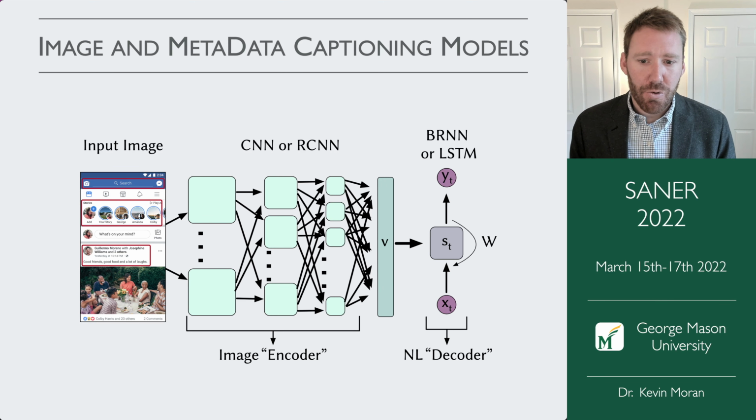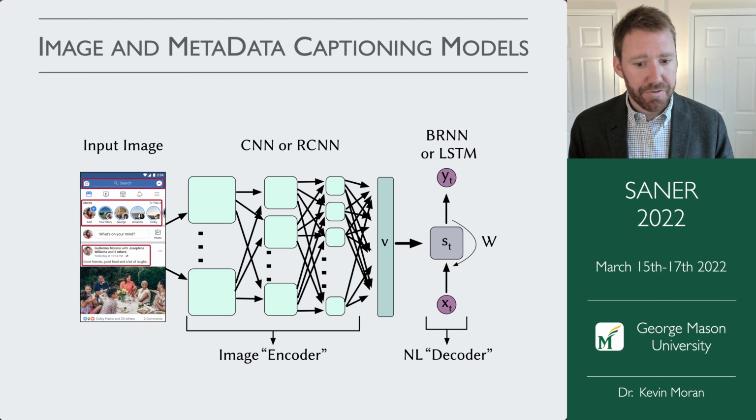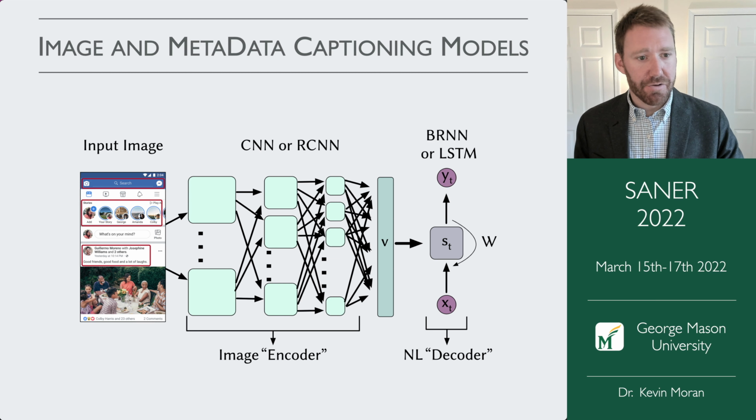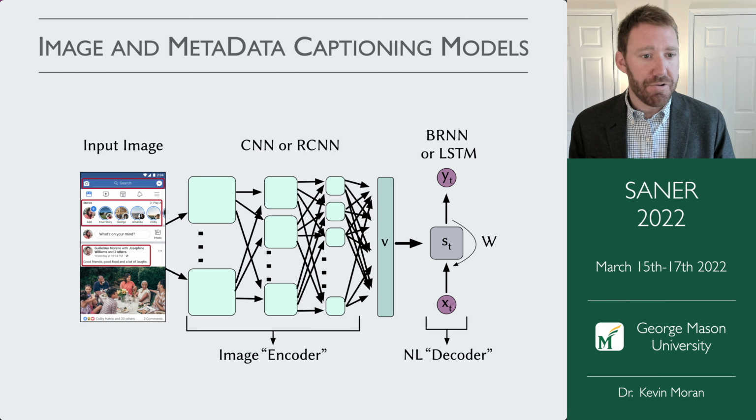So first, we wanted to train image captioning models where we were able to give an input image. This gets encoded using some sort of CNN or RCNN, and we essentially encode this into a high-dimensional vector space. And then we use a natural language decoder to essentially go from this high-dimensional vector space to a sequence of natural language-based tokens, and we can train the model using the images and captions that we collected in the Clarity